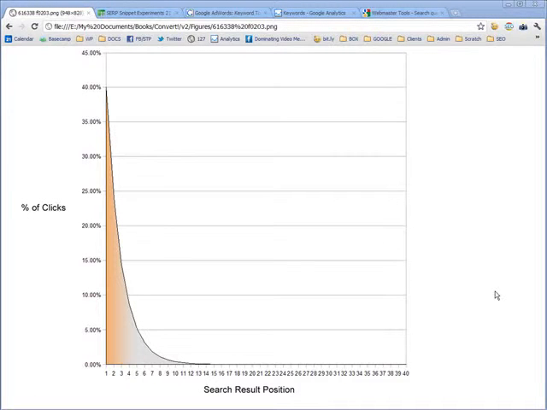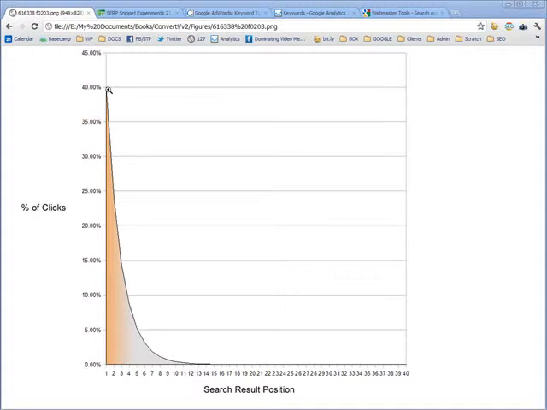In our team recently, we've been doing a lot of thinking about one particular area of conversion, which is search engine results. Now, I want to take you through a little bit of research that I've been doing. If you look at the graph that I've got on the screen, this is a classic shape that we normally refer to that shows the distribution of clicks against particular search engine result positions.